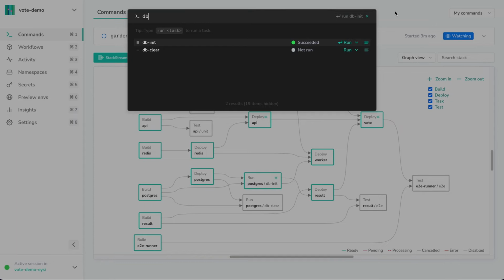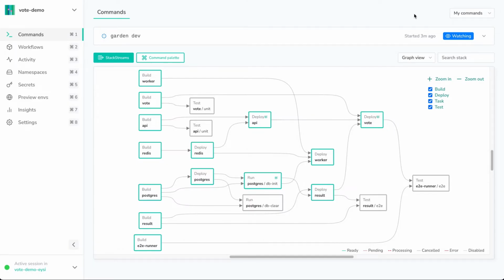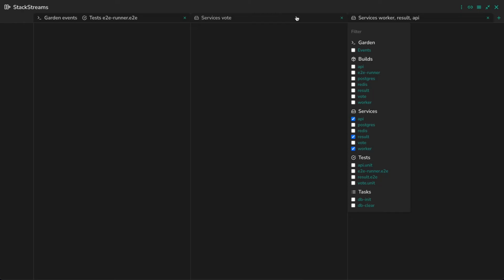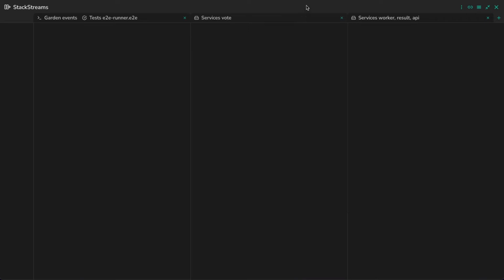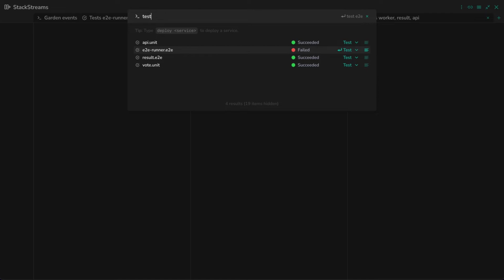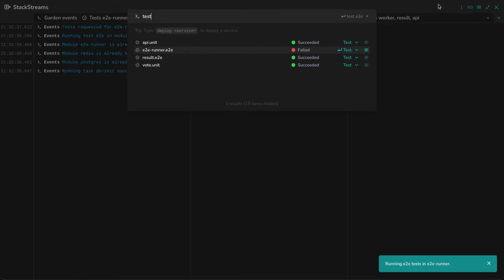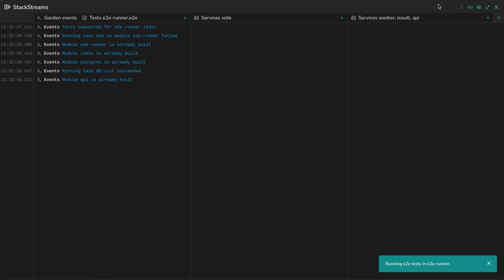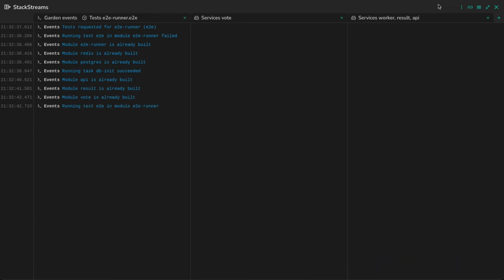Next, I'm going to show you the stack streams log view, which I've also made a bunch of improvements to. Since I'm in watch mode, I can just simply hit Command S to pull up stack streams. And as before, from here, I can also use the command palette. So here I can, for instance, run a test. Let me just run the end-to-end test here. And again, you'll notice that Garden receives the event and immediately responds to it and starts running the end-to-end test